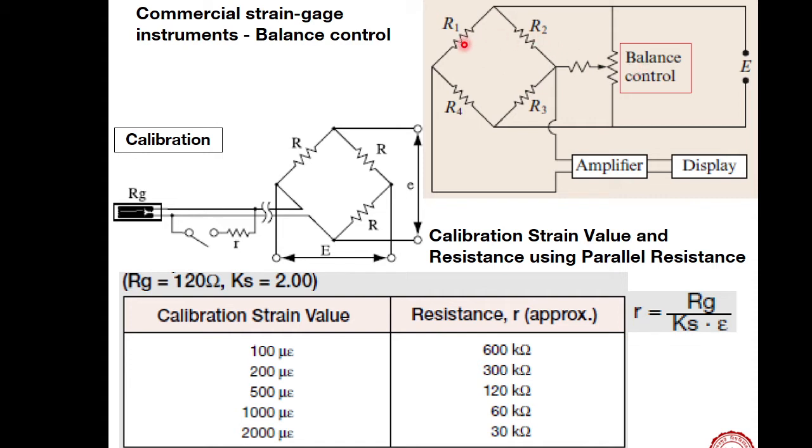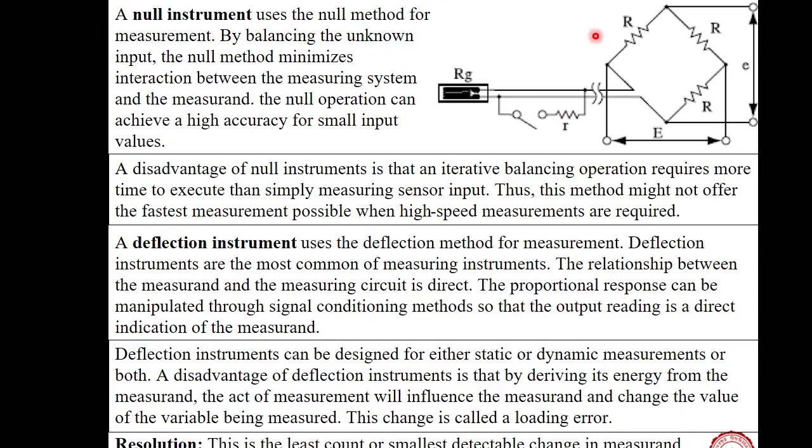So if we put 4 strain gauges in the 4 arms, then it is quite unlikely that their resistance values are all equal. So we will get some initial deflection. It is not a balanced circuit. And then we control this resistor, which is balance control resistor, and make it balanced. This is one part. This is another resistor which is available with all commercial strain indicators, strain meters. This is known as calibration resistor, which acts on the same principle.